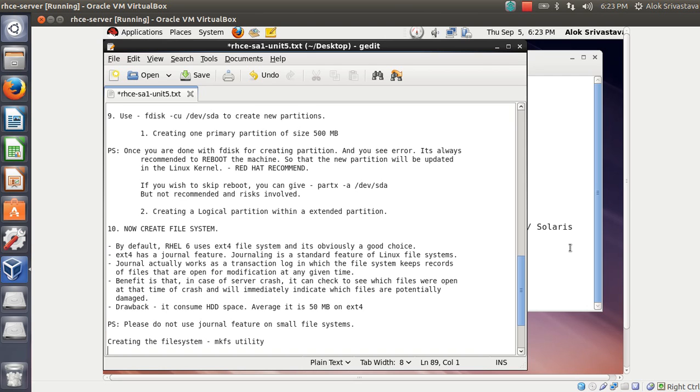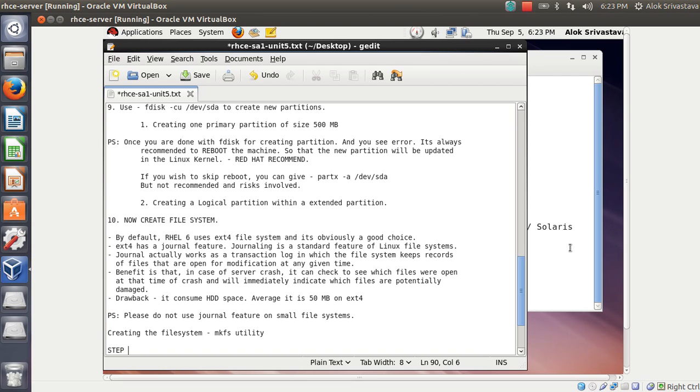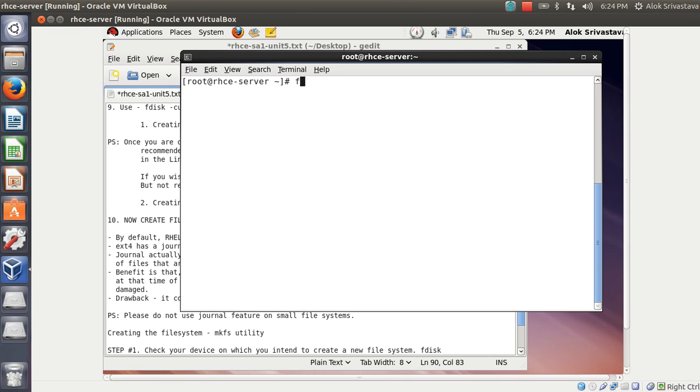First thing, the steps involved are, step number 1, check your device on which you intend to create a new file system. So here I can use the fdisk command. So here I can give